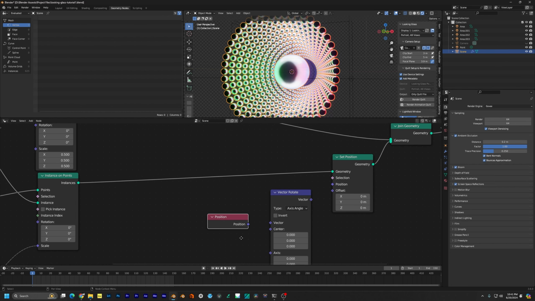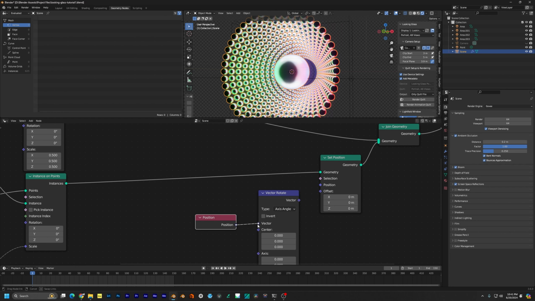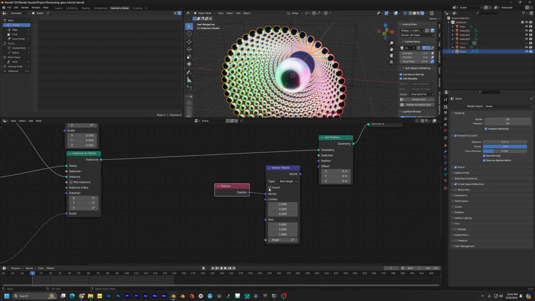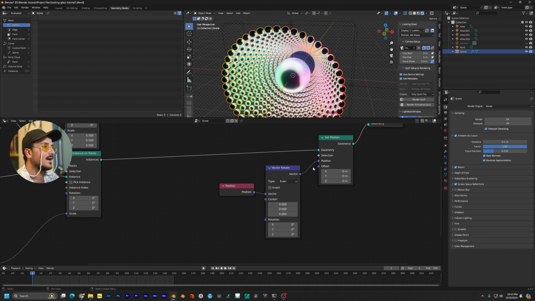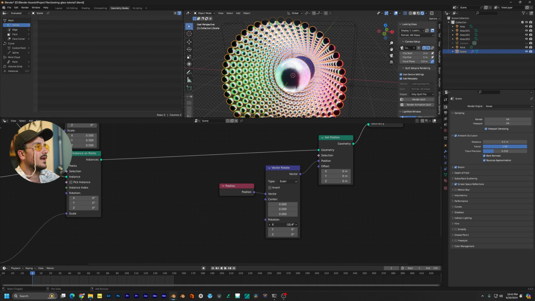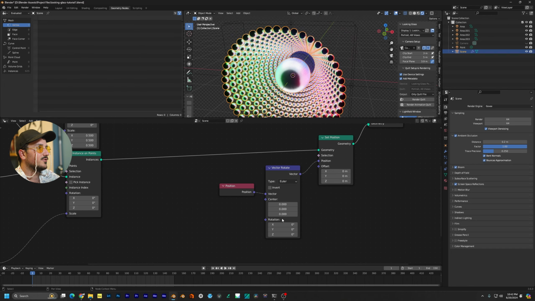Vector, we are manipulating the position of the point, so we would be using the position. The center will remain untouched, and that type we will set to Euler. And if I just plug it in as it is right now, you can see nothing changes, and that's good. All right, my face is back. The camera stopped overheating. Anyway, so just like that, now we can rotate inside geometry nodes, and we are manipulating